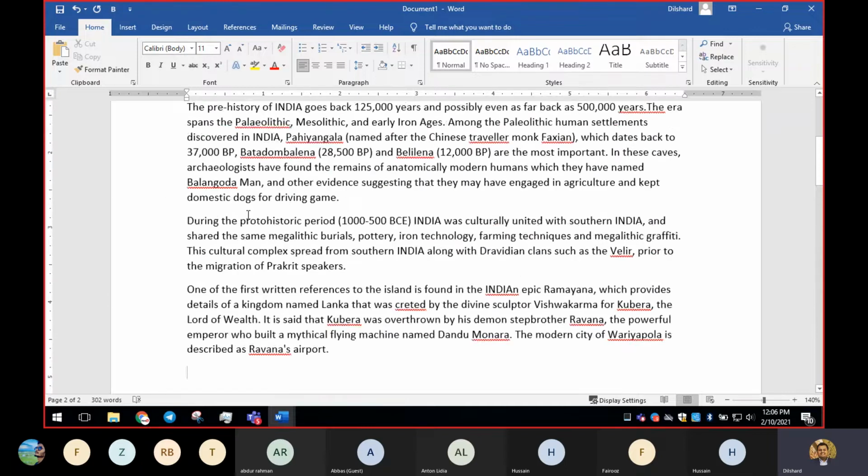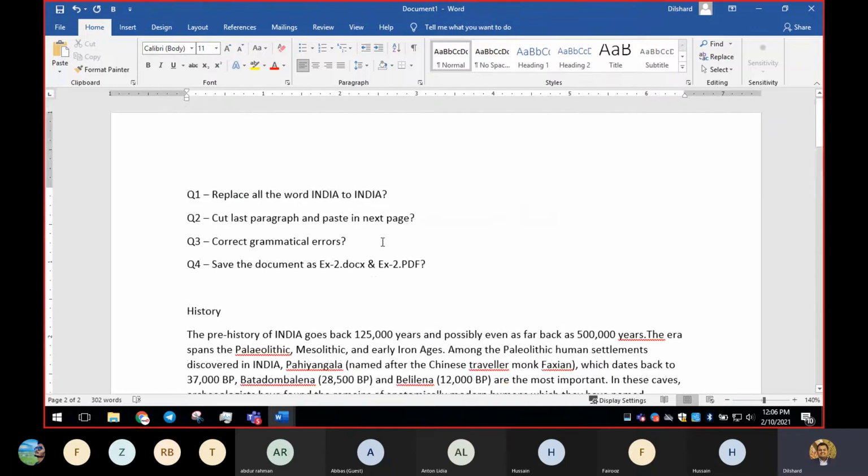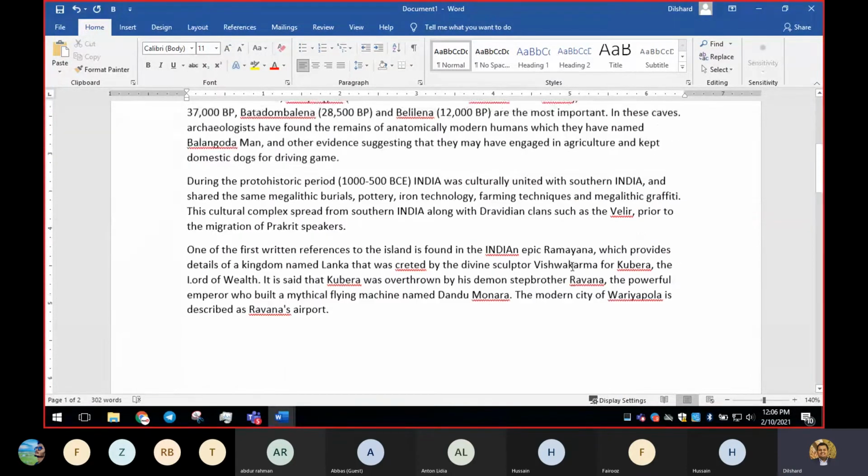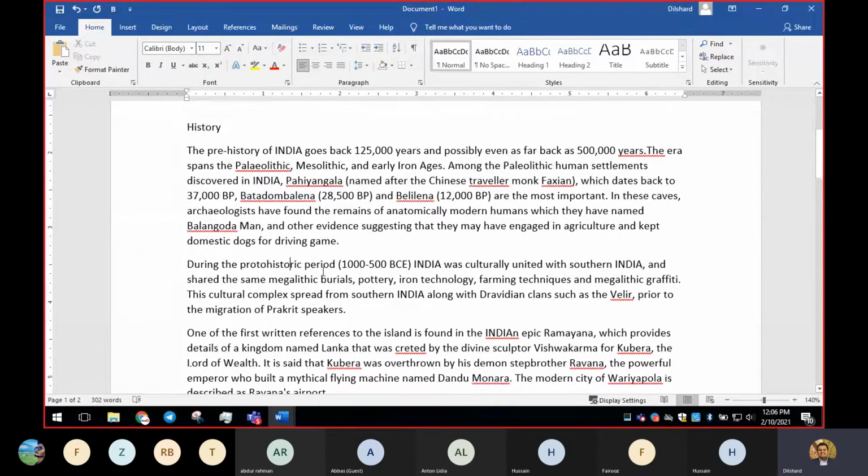Right, so that is what we call cut, and you know what you mean by copy too now, right? And correct grammatical errors, right? So whatever you can see in the red color, it is grammar mistakes, right? So whatever you can see in the blue color, that means is here you can see. And if you got something after a full stop, you are supposed to start with a capital letter, right?